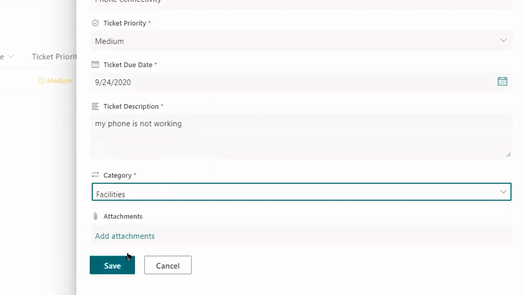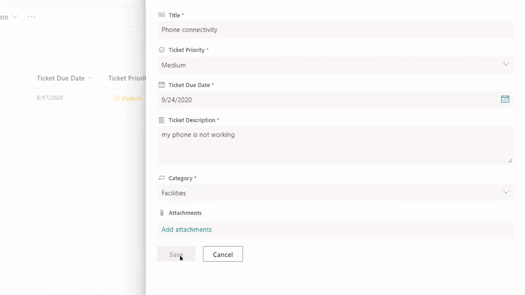Please note, this is SharePoint. If you don't like the look and feel here, we can even modify this using Power Apps and make this shine even further. Or a form, or whatever front end you want. And honestly, whatever back end you want as well. This example is just SharePoint. You can have any back end you desire. Okay, so let's go ahead and click on save.